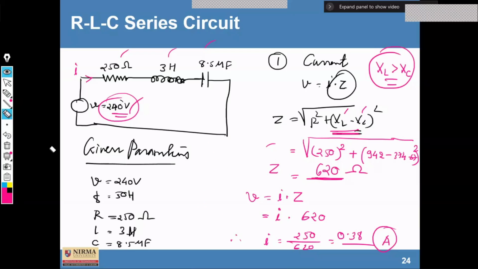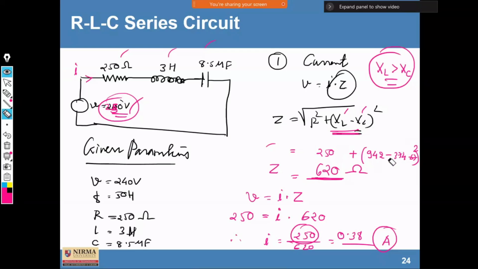How much is it? That is 240. 240, 250, sorry. It would be 250. Fine, 250 here. The important thing is that whatever you understood is very important rather than the values here, because in examination you have to write the correct answer. Correct? Okay. Now our next step is to find out the power factor here.